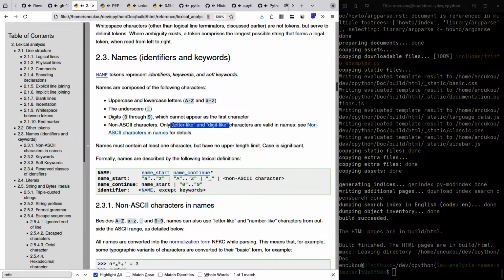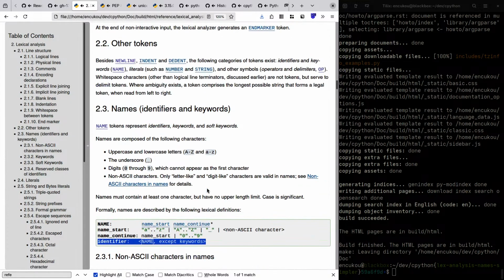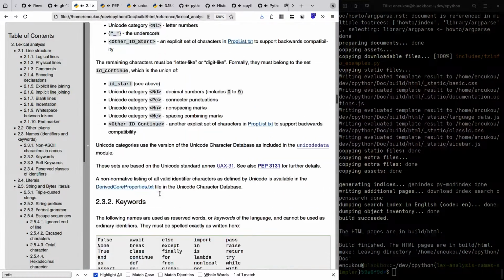I hope the quotes make it look informal enough. Names must contain at least one character, have no upper length limit, and case is significant. Formally, names are described by the following lexical definitions. And maybe we should introduce identifiers. Where do we introduce identifiers?